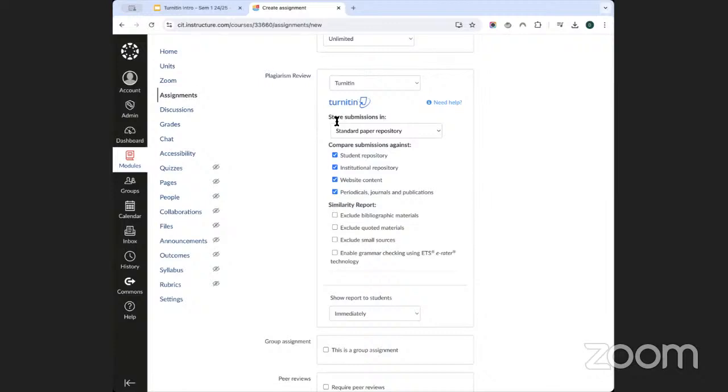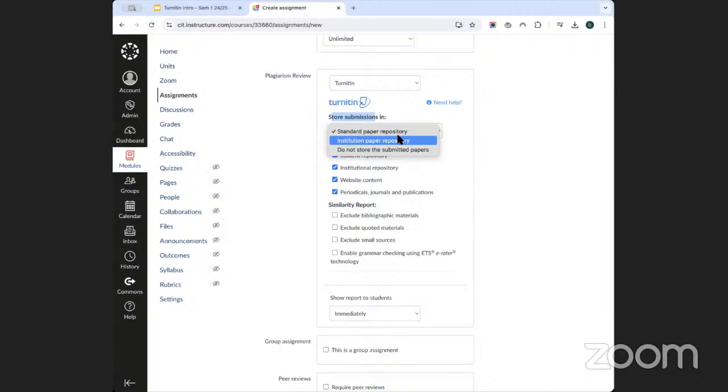In terms of which option to select, it's very much up to you as an individual. Some lecturers might feel that they do not want student submissions to kind of travel to be compared against anything, in which case you can select do not store the submitted papers. Some lecturers may feel I want submissions to this assignment to be added to a kind of the MTU Turnitin database. So for example,